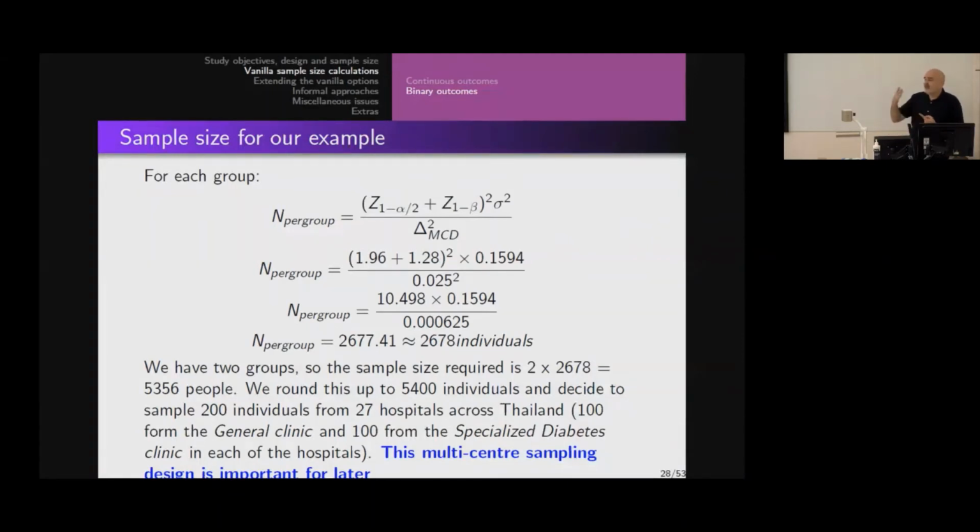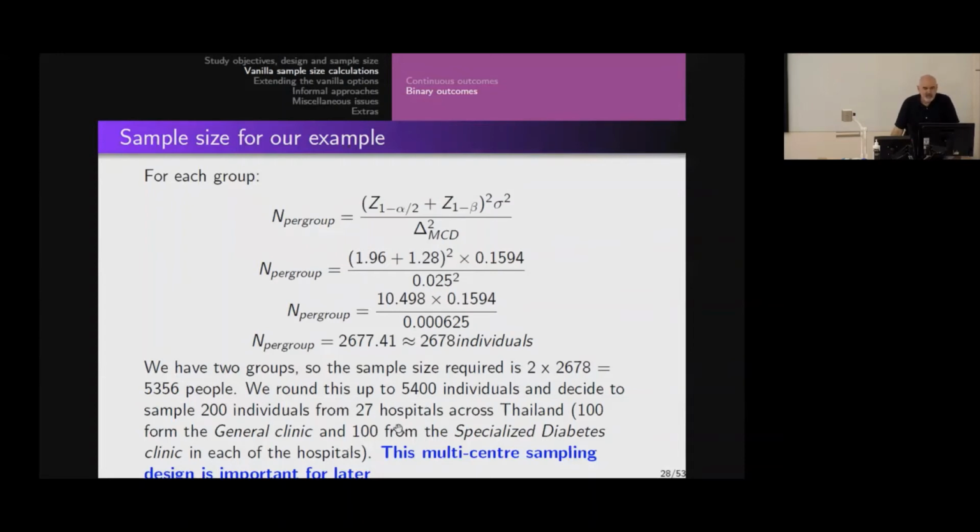Now, there's 2 reasons that sample size is so large. One, it's a binary outcome, and binary outcomes require bigger sample sizes. The second reason it's large is because our effect size is quite small. It's only 2.5%. Had it been 5%, not 2.5%, it would have actually been a much lower sample size. So the smaller our effect size, the larger the sample size.